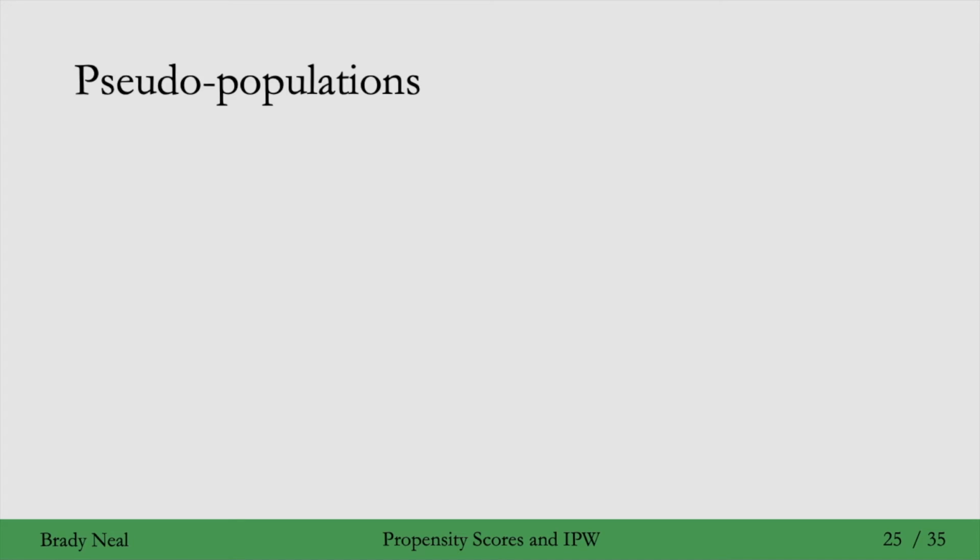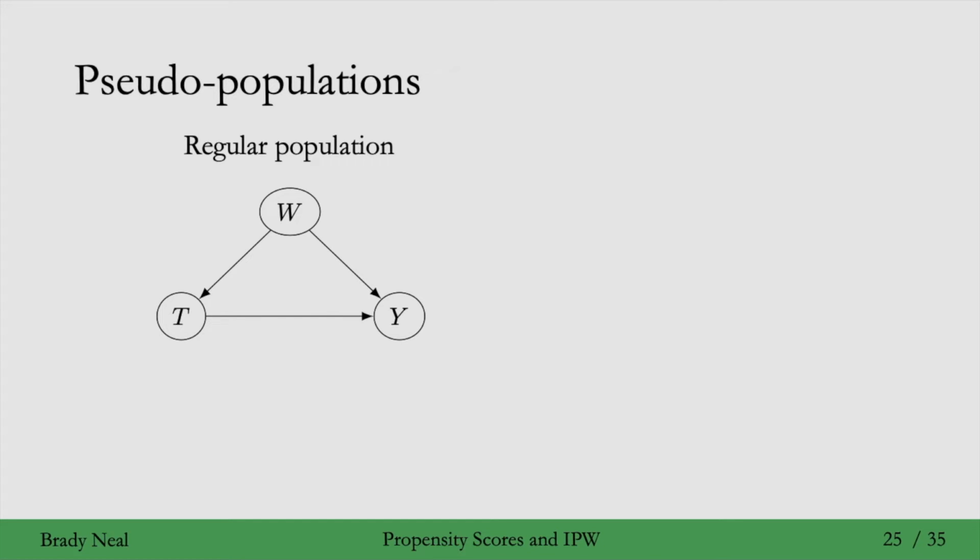Now that we've defined propensity scores, we'll be moving on to inverse probability weighting, and for that we'll first introduce pseudo-populations. The general idea here is that even though association is not causation in the general population because of confounding, we'll create pseudo-populations where association is causation. So consider a regular population where W is a confounder of the effect of T on Y. One way to see why association is not causation is that we have a backdoor path from T to W to Y